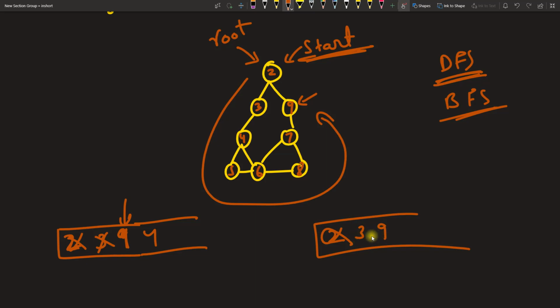But the moment you push 3 and 9, you can check whether you are getting 9 or not. The moment you push 3, you see that it is 3, and I'm not looking for 3, so you pushed 3 inside. But next was 9. You were looking for 9 and this is 9. So you got it, right? You don't have to do all these things. You know that you were processing the children of 2, meaning you can directly go to 9 from 2, correct? So this is what it is.